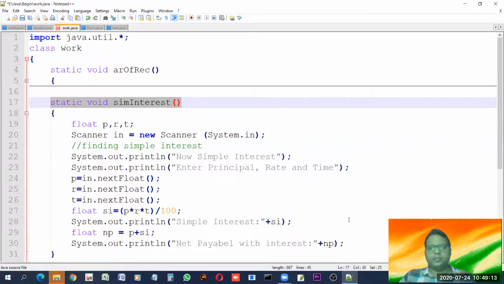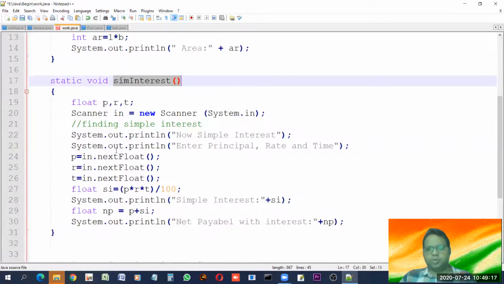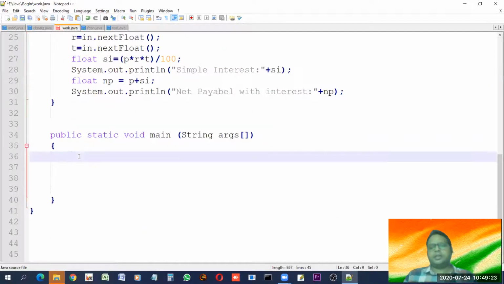So this is what will happen once this function is called. Now I'm telling you how to call, how to invoke a function. It's quite simple. Since the execution always starts from the main function, we need to have a main function. And everything that we wish to execute should be there in the main function. So let us write one thing,